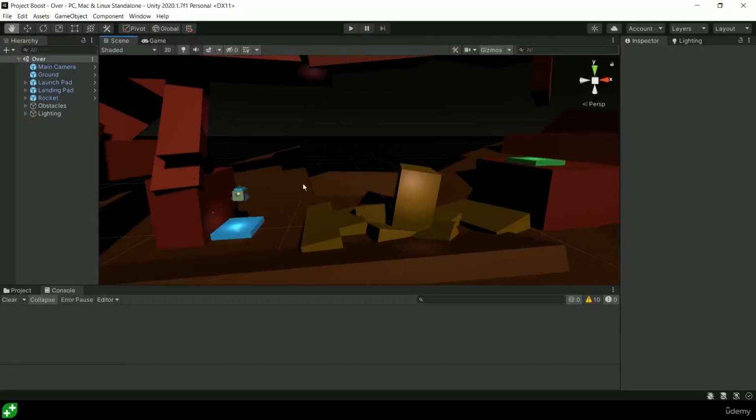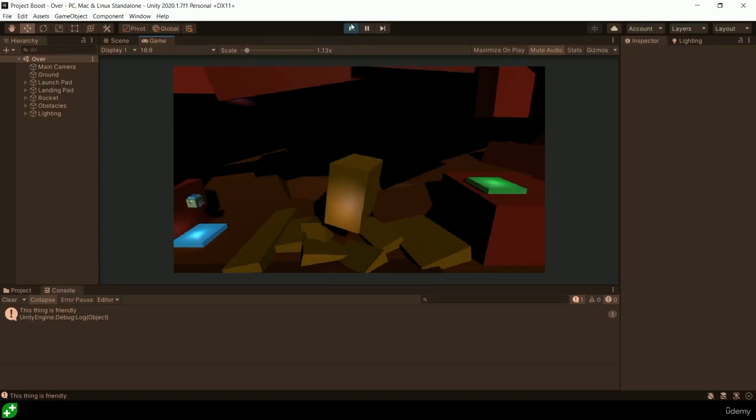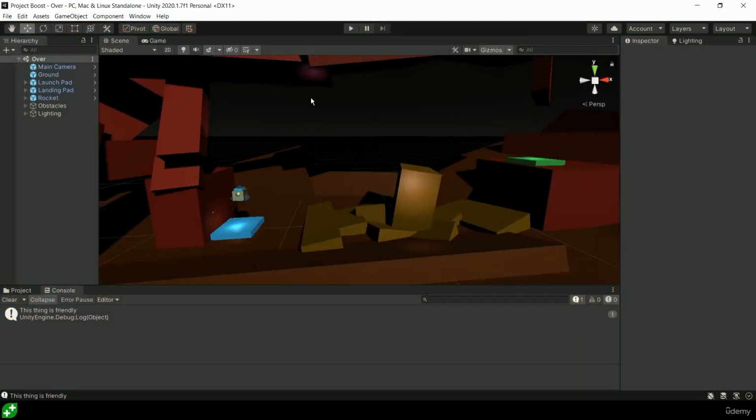In this lecture, we're going to set ourselves up a way to quit the game, because at the moment, if we're playing in the editor, which we are, you click on play, you play, and when you're done playing, you just click on the play button again. However, if we are creating this as a build, which we're going to be doing in the next lecture, then